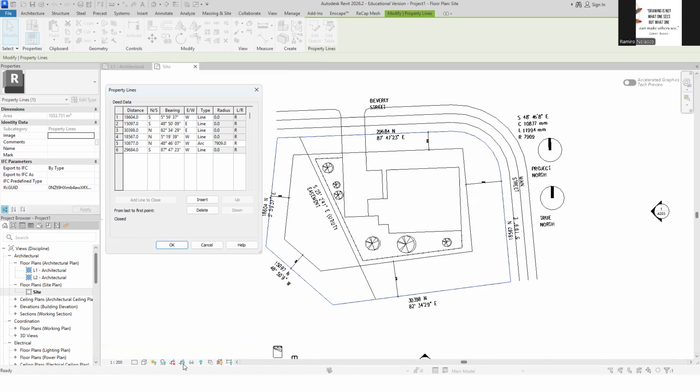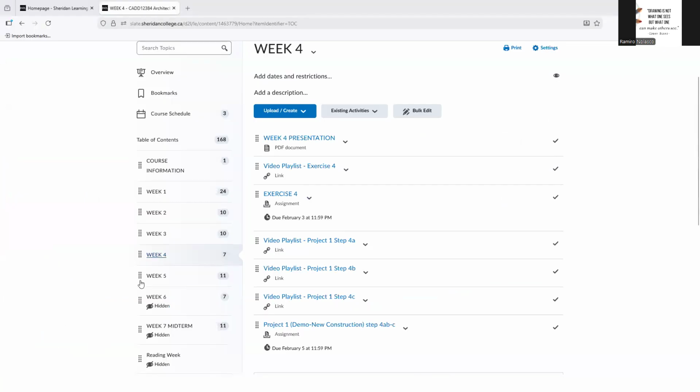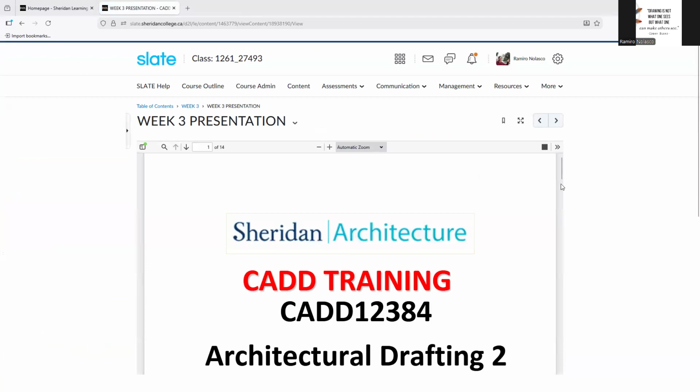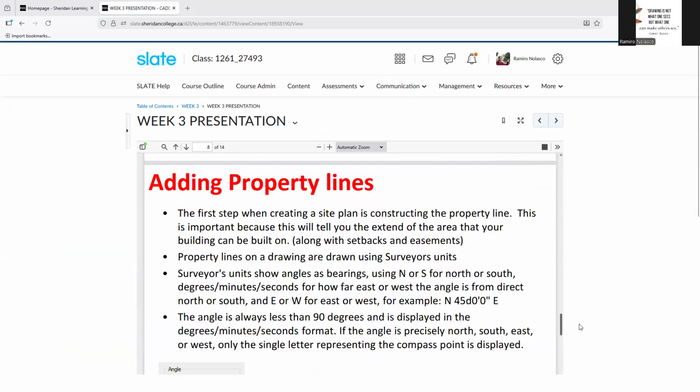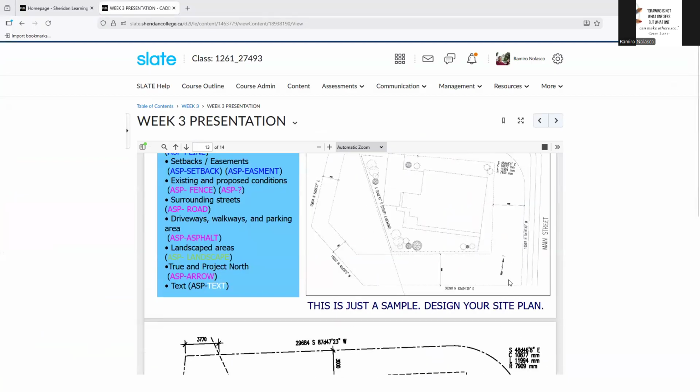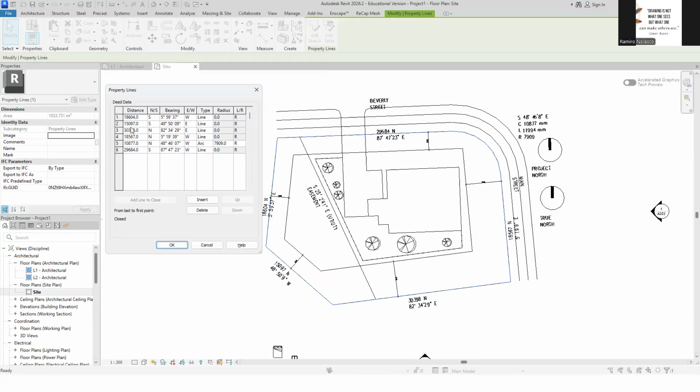If you go to our file, our arc should be 7909. So that's week 3 presentation. The radius for the arc is indeed 7909, right? And then here we had 15097, right? 15097.